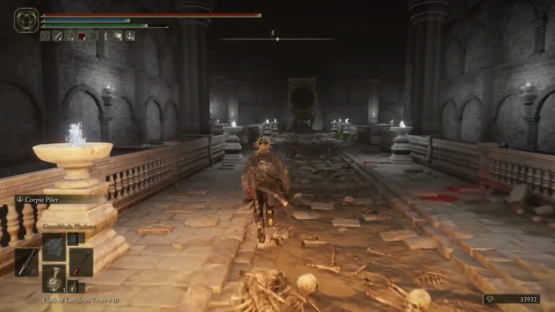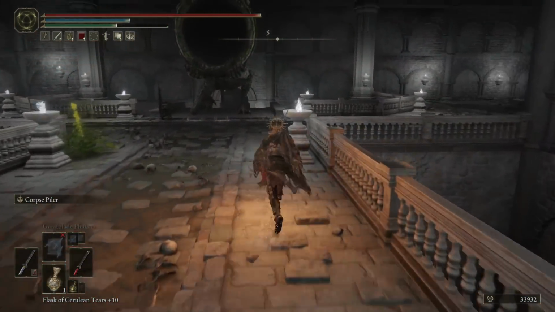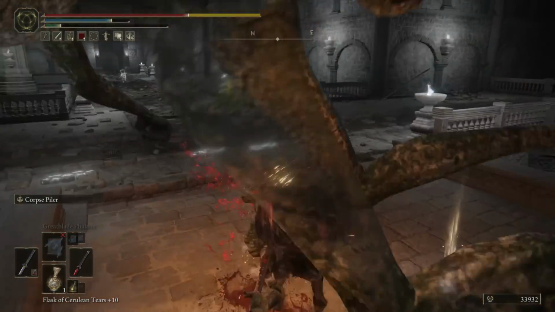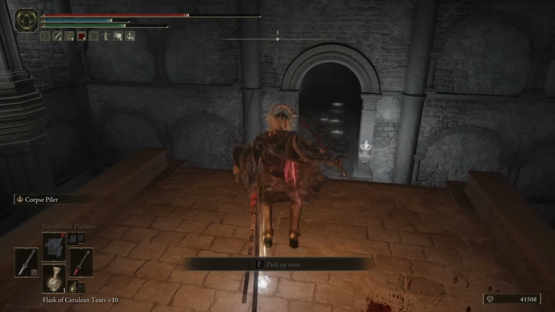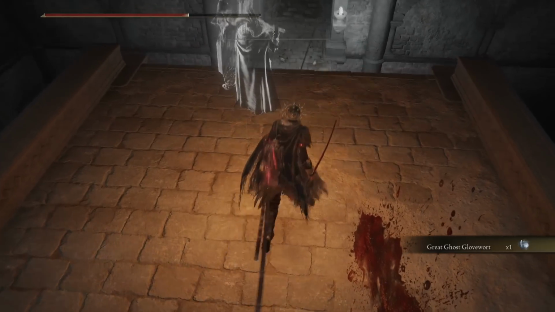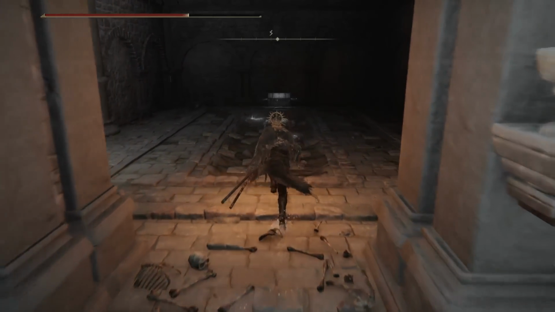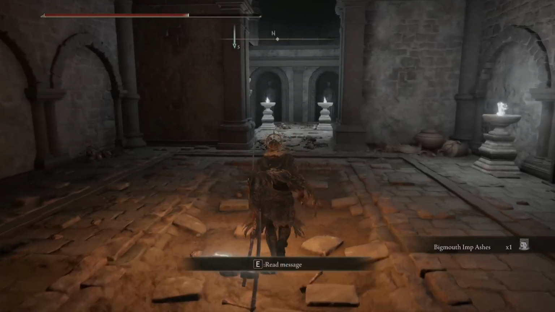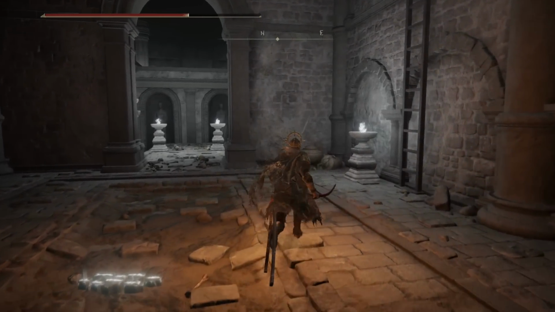All right, then you can make your way towards this big guy. Just try to dodge him. And then he's pretty easy pickings here. And you can pick up a Great Glovewort from him, which he drops. Now, if you go to the platform that's behind this, right over here, you'll then walk into a room, and you can grab this Big Mouth Imp Ash, and those guys are annoying in this dungeon. Turn around and then take the ladder that is to your right